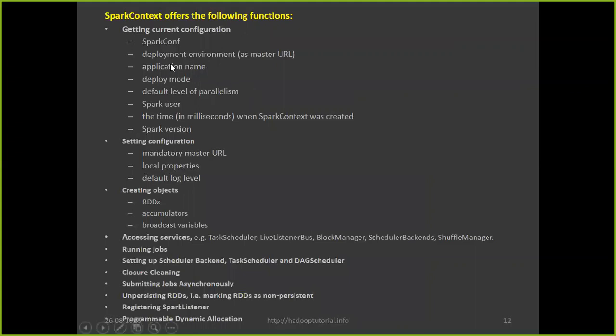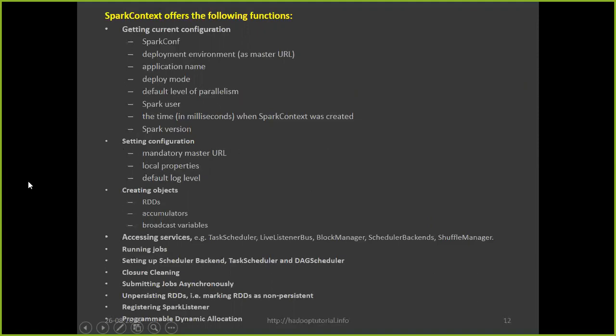With the help of that, we were able to see the master URL. We were able to see the application name. We were able to see the deploy mode as client there. But I didn't explain what deploy mode is, what its values are. We'll see later. What is the default level of parallelism? Who is the Spark user, the version, all these things. Okay.